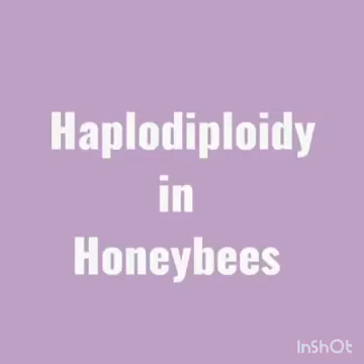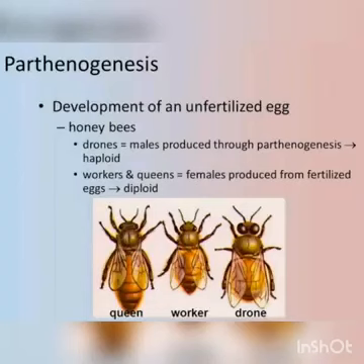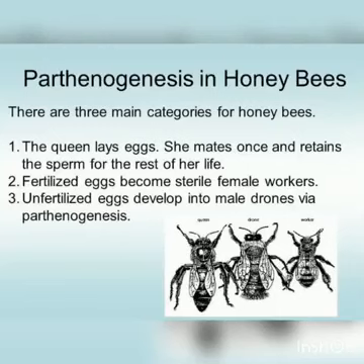Next we move on to the haplodiploidy condition in honeybees. In hymenopteran insects such as honeybees, ants and wasps, a mechanism of sex determination called the haplodiploidy mechanism is found. In this system, the sex of offspring is determined by the number of sets of chromosomes it receives. So it lays two types of eggs. One is the fertilized egg, another one is the unfertilized egg. Fertilized eggs develop into females, that is the queen and workers,